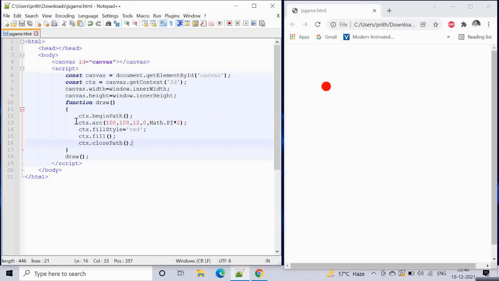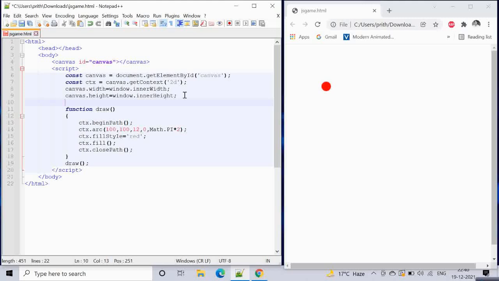Now let's say we want the circle to move around. How do we do that? Let's say we have variable x, variable y, variable vx, and variable vy.